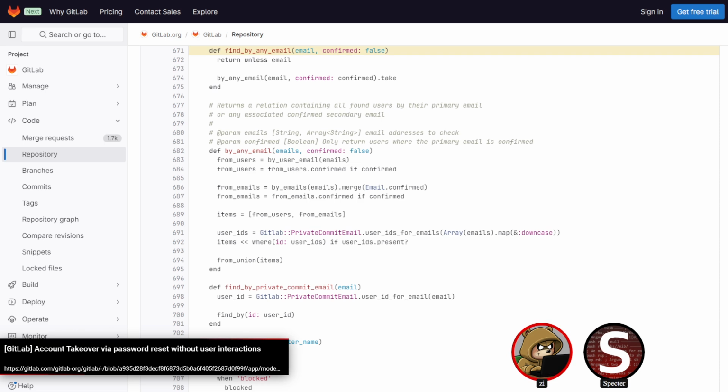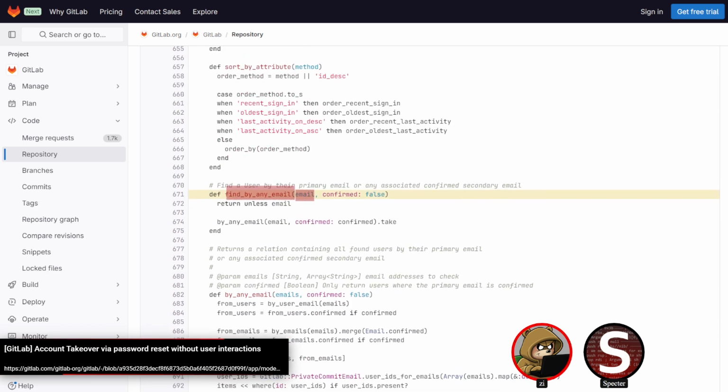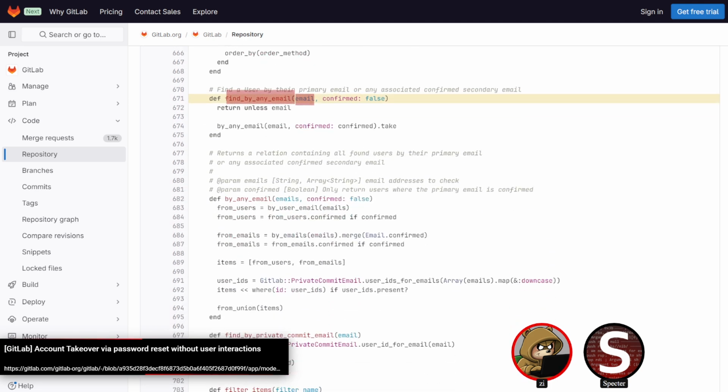And so as I was looking at their code, I'm like, oh, okay, something like this. Because suddenly this function here, and everything up here, it's find by any email. The parameter there is email. And up above, it's pulling out an email parameter from the attributes and all of that. And then all of a sudden we hit by any email and it has emails in plural form. And that was the first key of what's going on here.